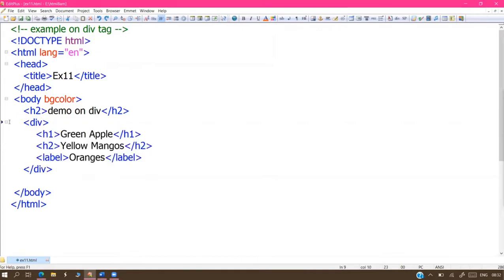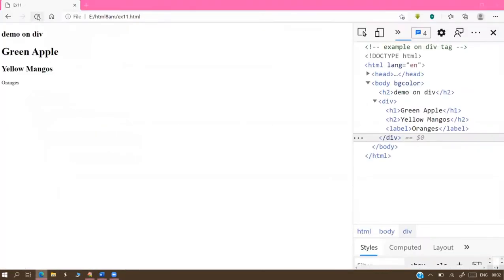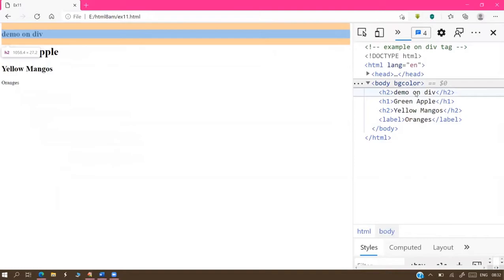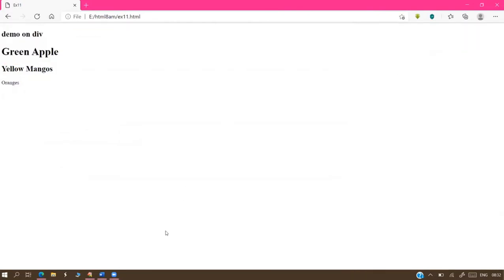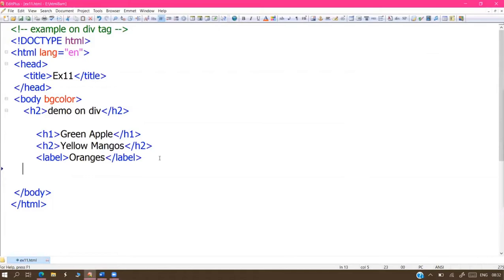If the division tag is not available, sir, the same output comes, but no grouping operation. Division tag not available, the same output. You see that all the 3 things come individually. What is the benefit or what is the drawback, sir? In the next example, we'll get that question's answer. So here the division tag is created with all defaults.